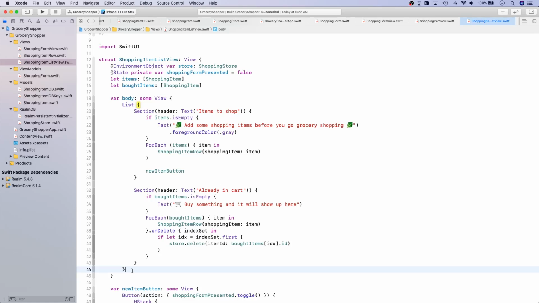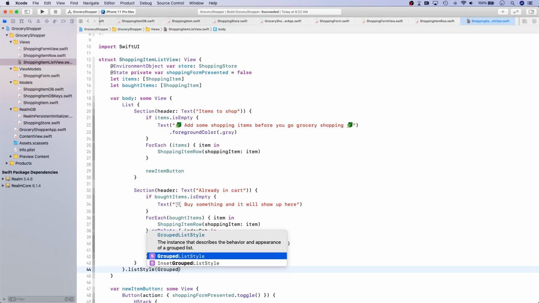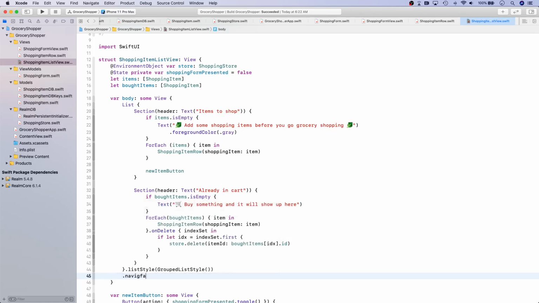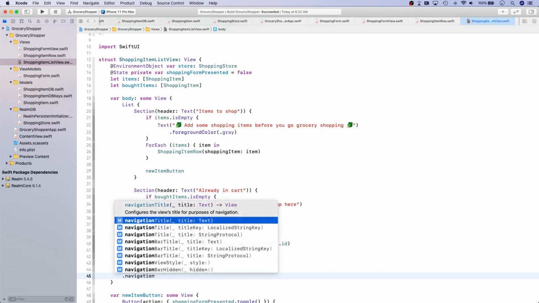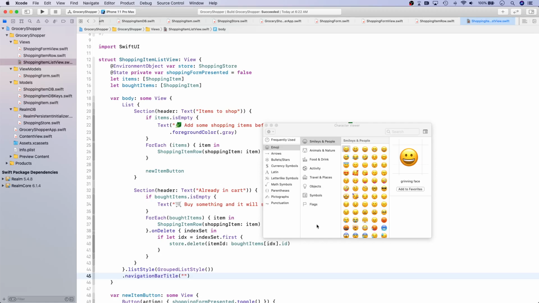Okay, all right. On the list we want to provide a list style. We're going to say grouped list style. Okay, and the navigation bar title is going to be, all right, so